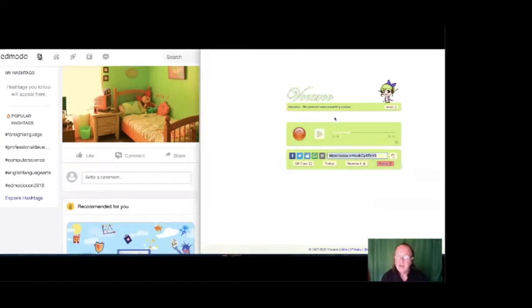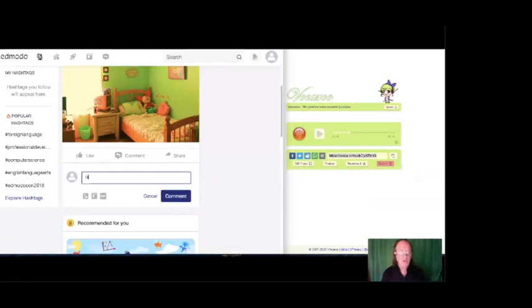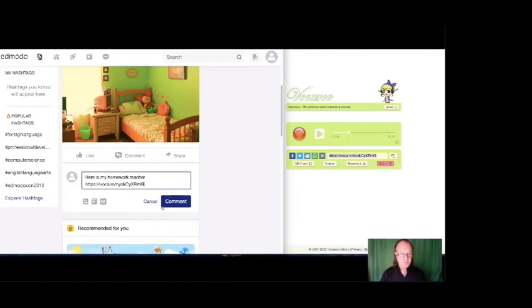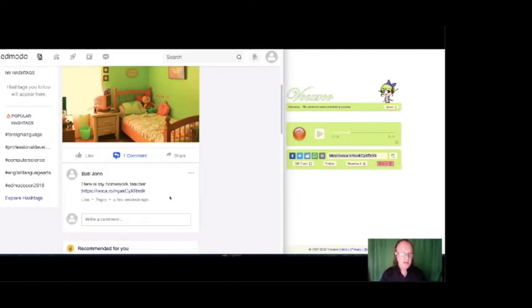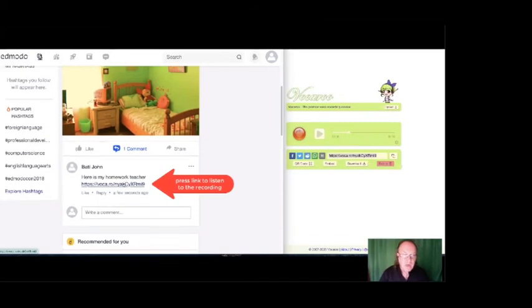And the link, then the students can either email this link to you, or again what I prefer is they put it in their Edmodo or their Learning Management System page. And comment. Okay, this is my account, but in reality this would be the student's account. Then the teacher comes along and I click